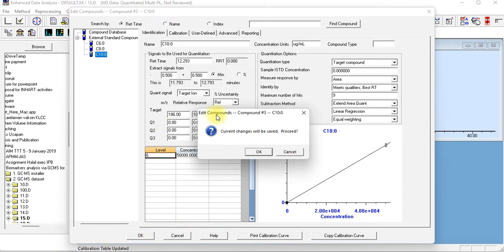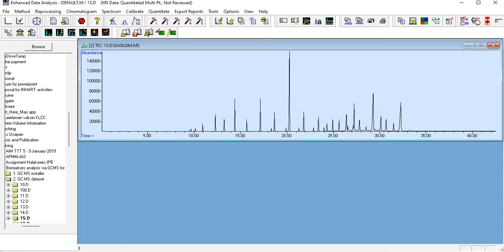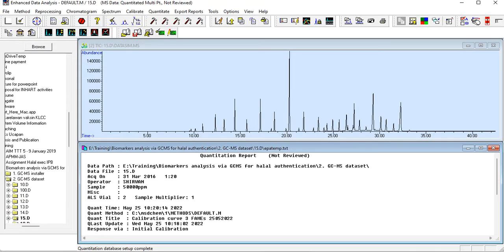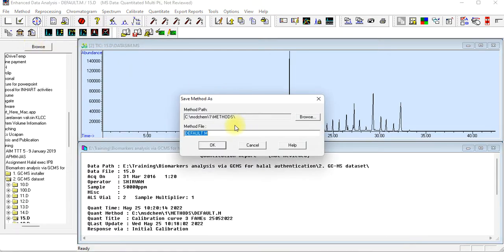Okay. Current changes will be saved. Proceed, click OK. Even though they said that current changes will be saved and you want to proceed with save, yes, but don't trust the software. So go to method, click Save Method. You can see here, method is not saved. So please put back the name of the method file, calibration curve,